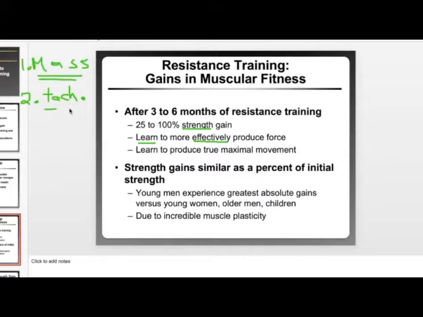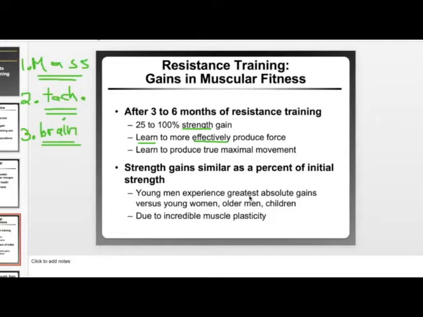So your body wants to do things aside from making protein. So the first thing is going to be improving technique. And then the next thing that's going to improve is the brain. All right, so technique is going to improve. You're going to learn how to do your movements so that they're more effective. They cost less in terms of oxygen because of technique. And then there's going to be neurological changes.